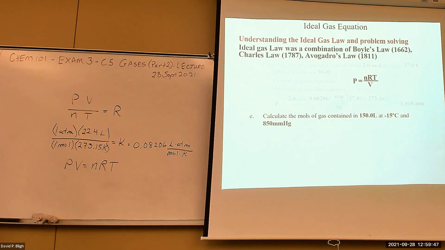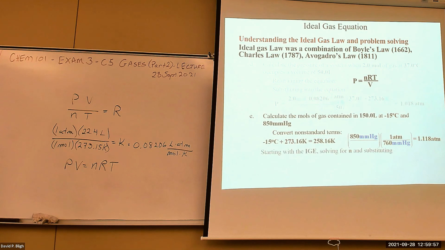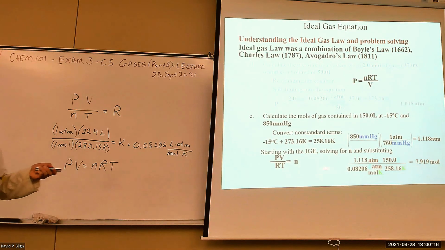And then we rearrange the equation, after we convert to standard units, of course. There we go. And then we solve for moles. And we discover after canceling units that we have 7.918 moles of gas. Now, this is good instruction